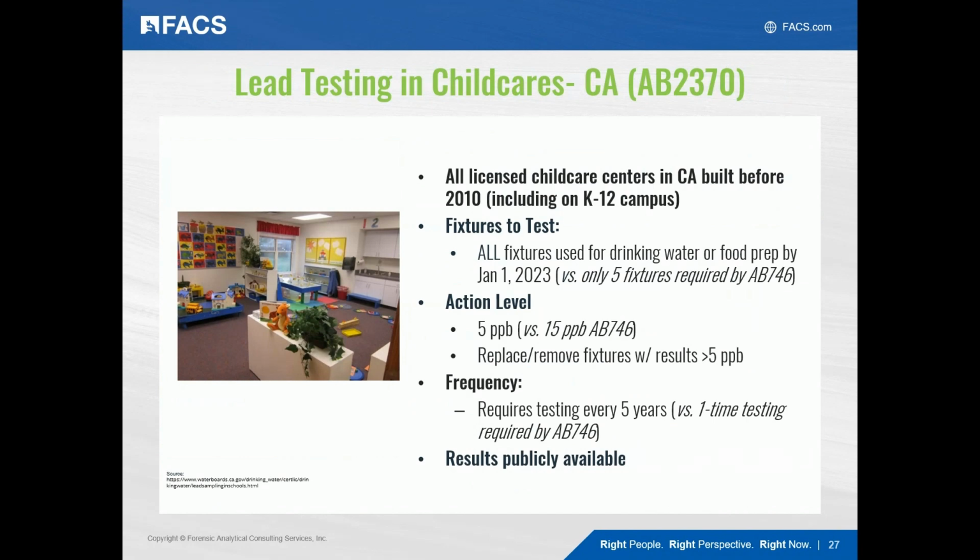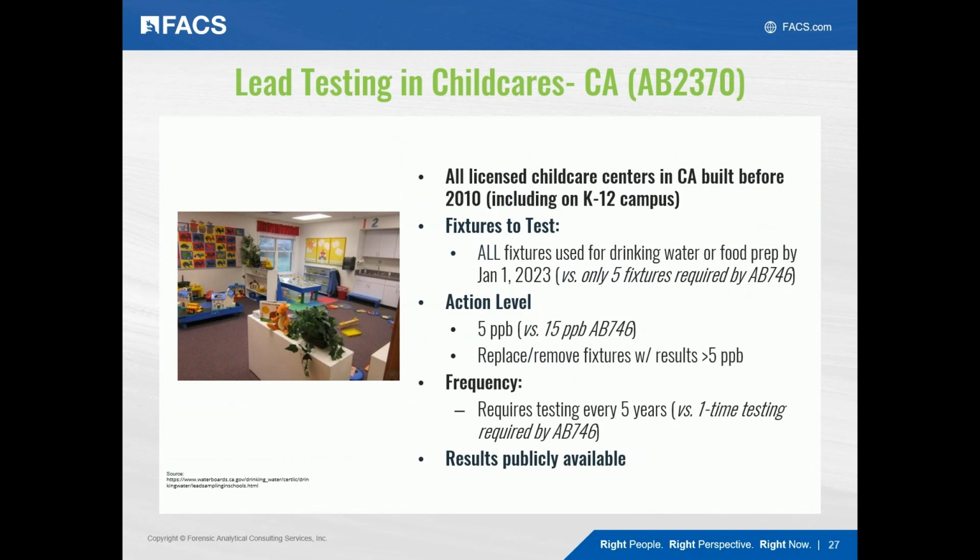California AB 2370 was the more recent regulation passed for lead in drinking water. Again, many of you are also familiar with this one. It specifically required all California childcare centers to test their drinking water. This included a lot of childcares located on school campuses and colleges. This program was a lot more comprehensive than the previous school testing in that it required all fixtures at the childcare that are used for drinking or food prep to be tested, not only the 5 fixtures required in the